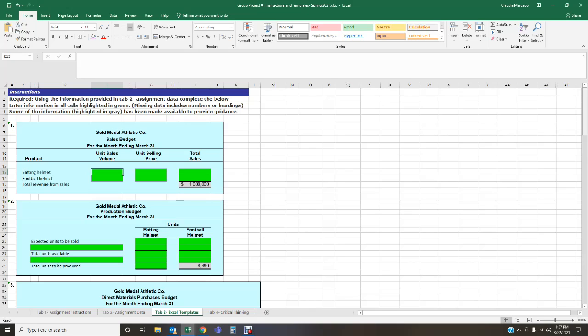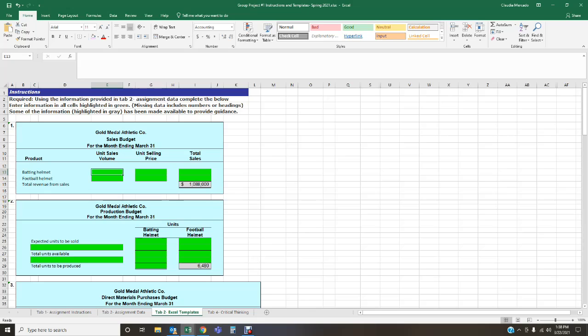But when we're dealing with budgets, you need to have the first budget correct before you move on to the next budget. All of the budgets are interrelated, so information from one feeds to the next. So here, I recommend that you don't split the project among different individuals, because if a mistake was made in the first budget, then everything else is going to be incorrect. I would recommend you make some time and get together as a group, either in person or via the computer or your phones, to discuss, brainstorm, and maybe work on the project together.